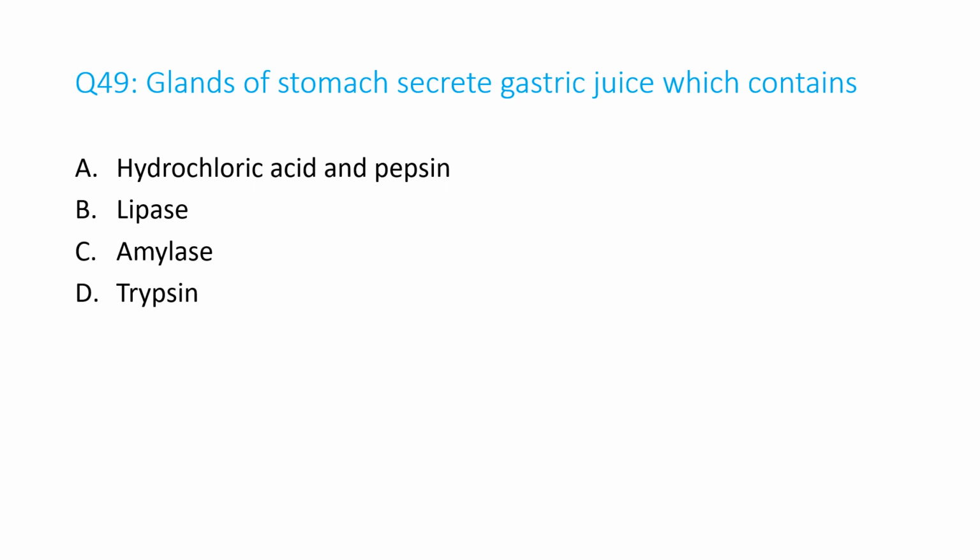Question number 49. Glands of the stomach secrete gastric juice which contains A. Hydrochloric acid and pepsin, B. Lipase, C. Amylase, D. Trypsin. And the answer is